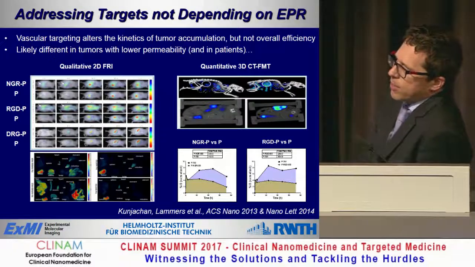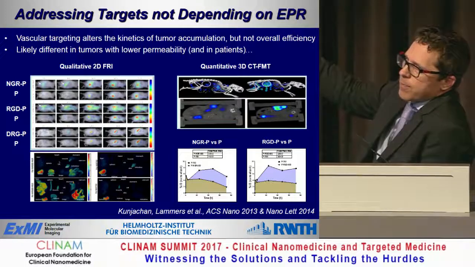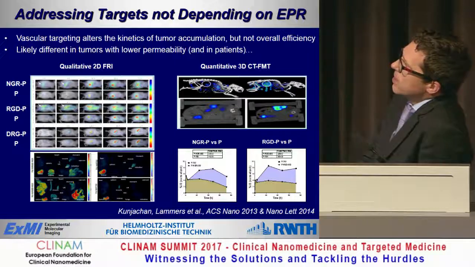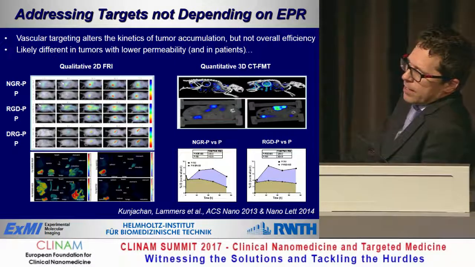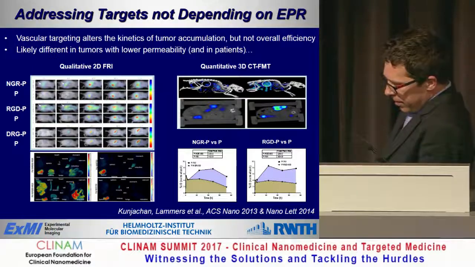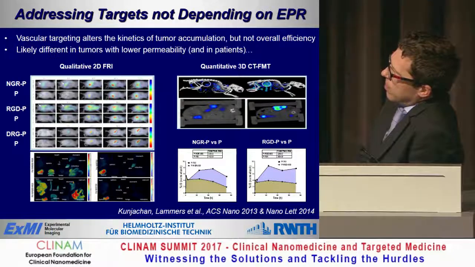Knowing these facts, we thought maybe we should not target targets that are behind several barriers, but we should target something that is already occurring after one barrier. And so we thought, okay, let's take a polymer that is targeted against angiogenesis and that accumulates very nicely via EPR, then we should have an added effect. And indeed, we took the polymer, we functionalized it with NGR so that it binds to aminopeptidases, or with RGD so that it binds to integrins, and compared the accumulation with the control polymer. And indeed, you see that the active targeting brought us an early, stronger accumulation.